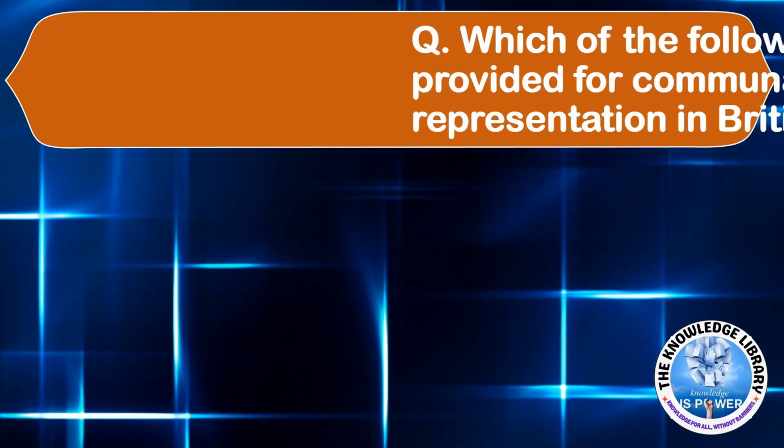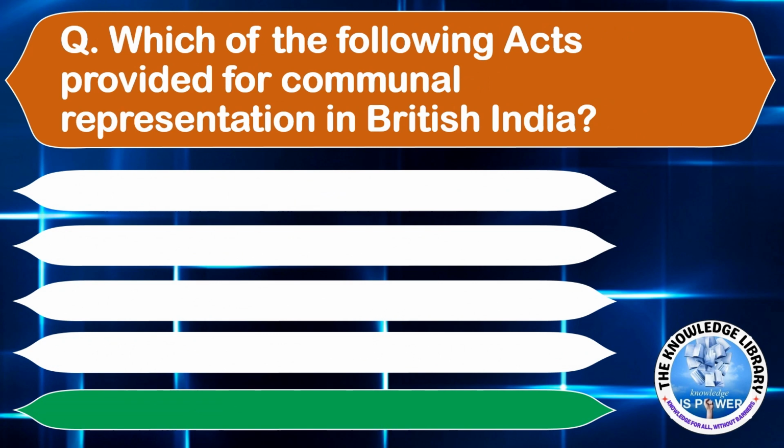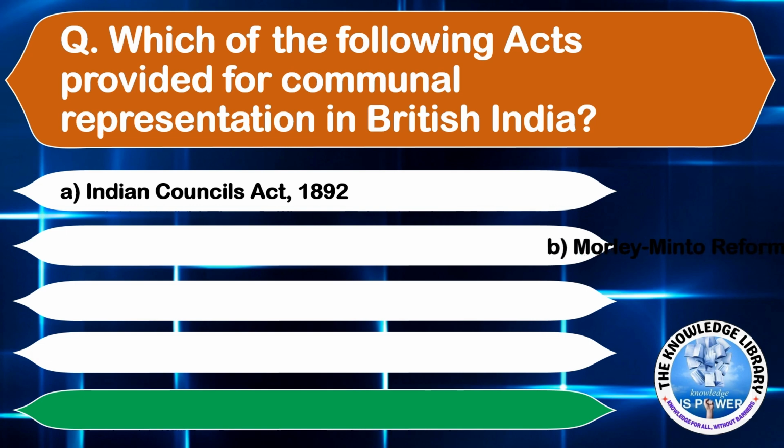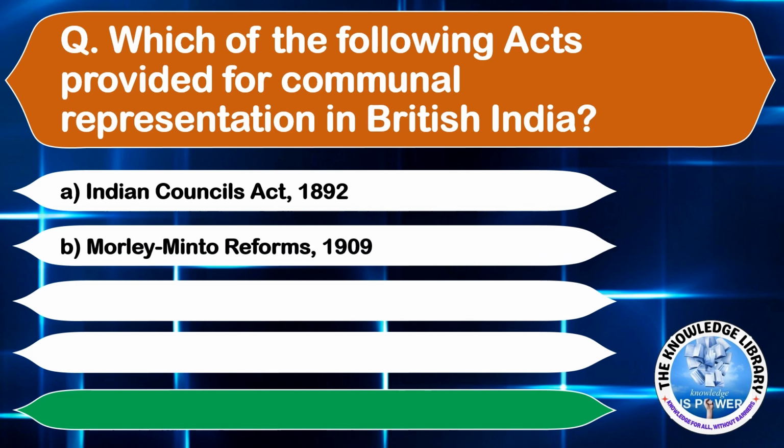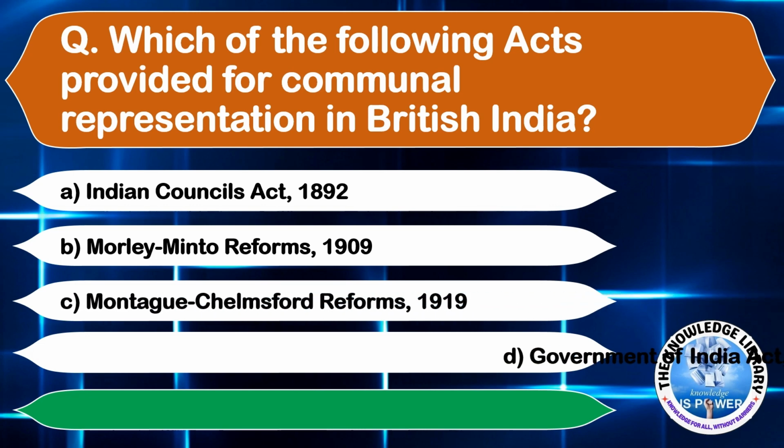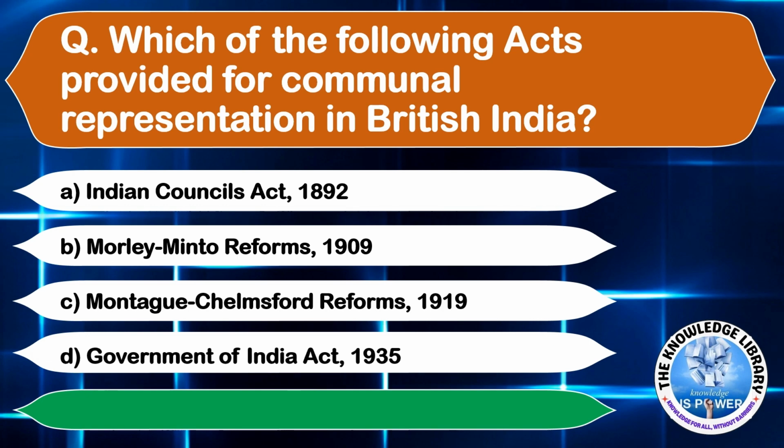Which of the following acts provided for communal representation in British India? Option A, Indian Council Act of 1892. Option B, Morley Minto Reforms of 1909. Option C, Montagu-Chelmsford Reform of 1919, and option D, Government of India Act of 1935. The correct answer is option B, Morley Minto Reforms of 1909. The next question is,